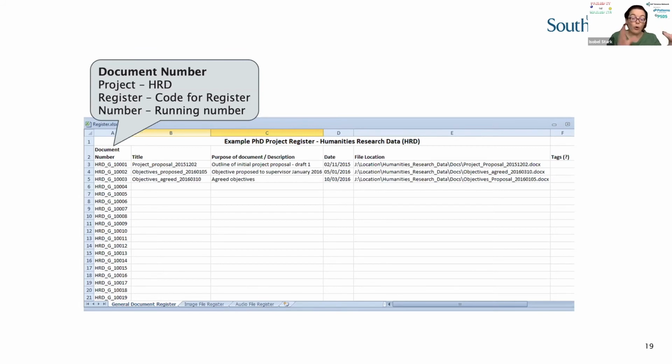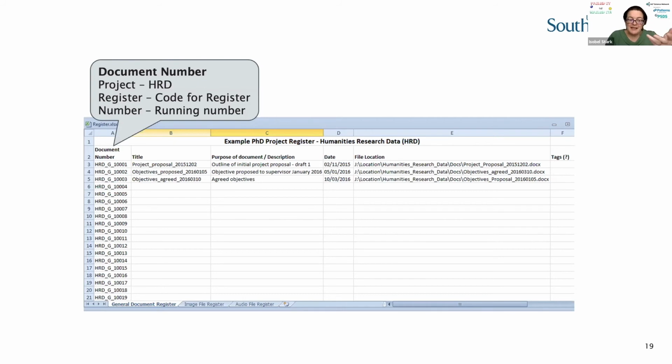Basically, all of those experiments, all of those results, because he couldn't remember exactly which file had gone with which sample, and it wasn't recorded on the files because there was some lossy metadata as things were transferred between machines, he lost a week's worth of work. So he was very good after that at filling in his document register.